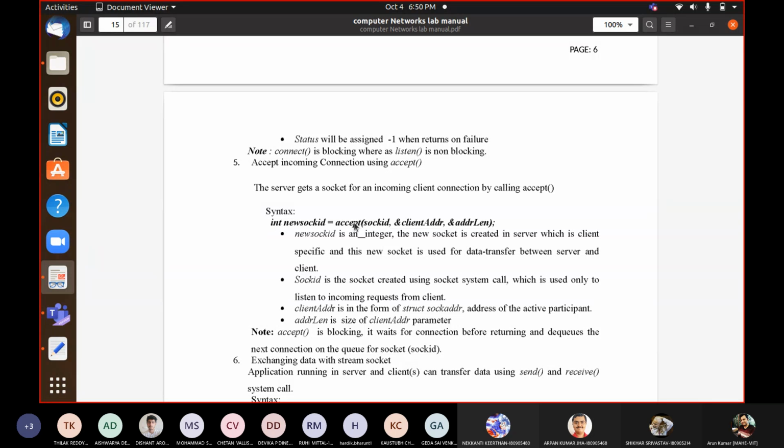And whenever a request comes, after setting up a connection, it will create one more socket specifically for that client, which has requested that server to serve it.